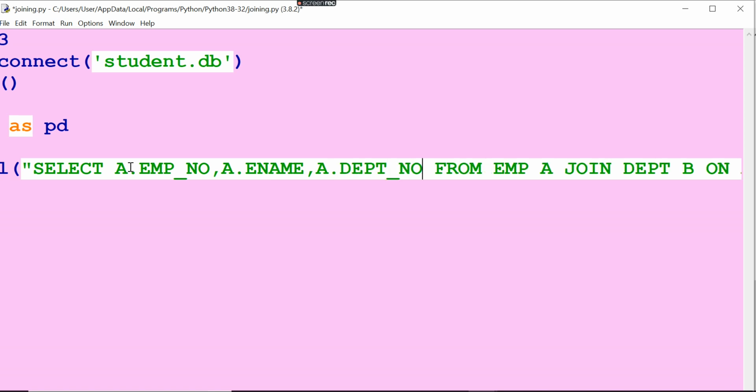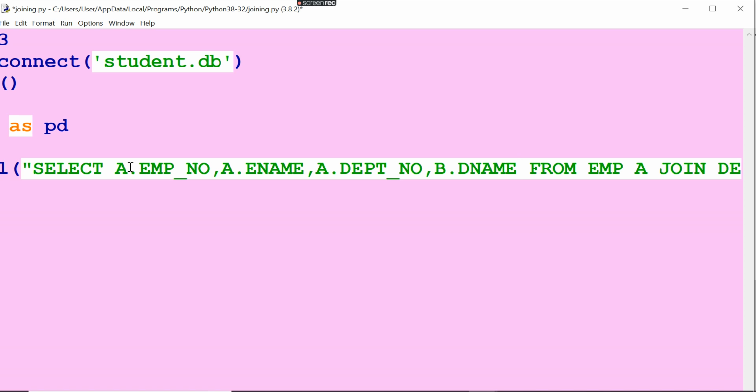The fields that need to appear should be given here. So A dot department number and then B dot department name, D name, and then B dot HOD. Or no need of HOD. You just want department number, department name.